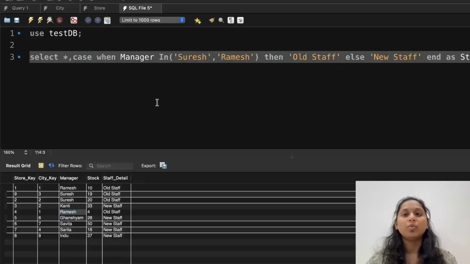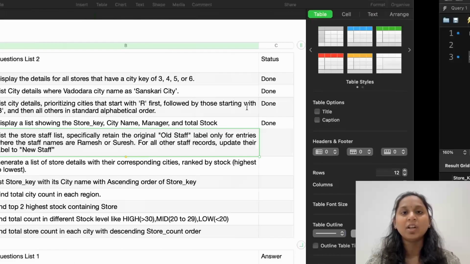Every time whenever you are writing anything, you should have a practice of checking whether your result is right or wrong. If it is not matching the question, then revisit your query and try to do the modification. Never say I have it right but I have not checked the result. Every time you write a query, check the result two times. Okay, now what is the next question?